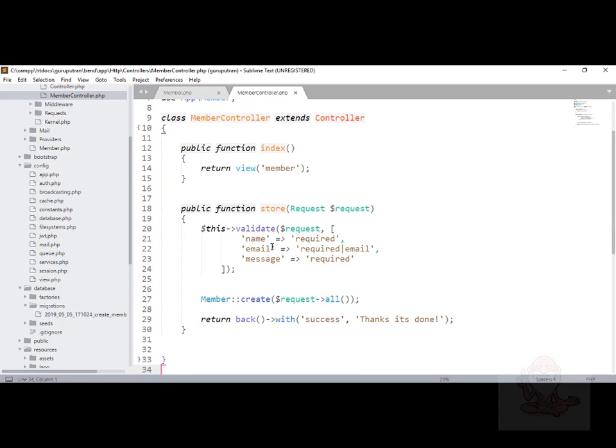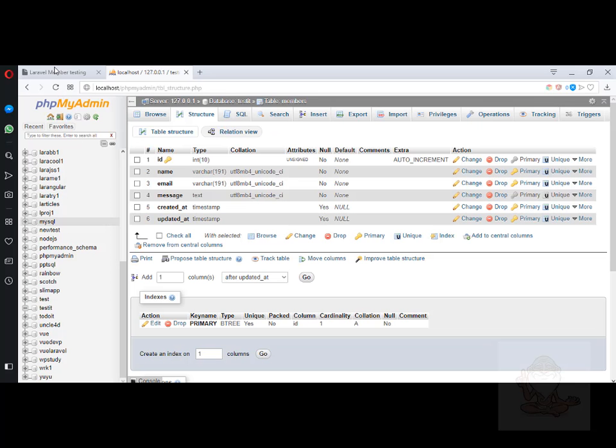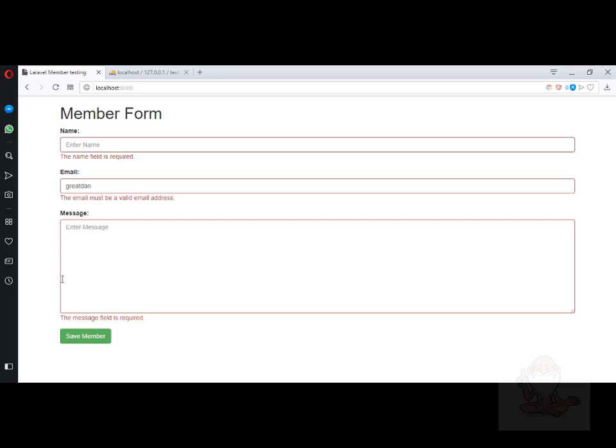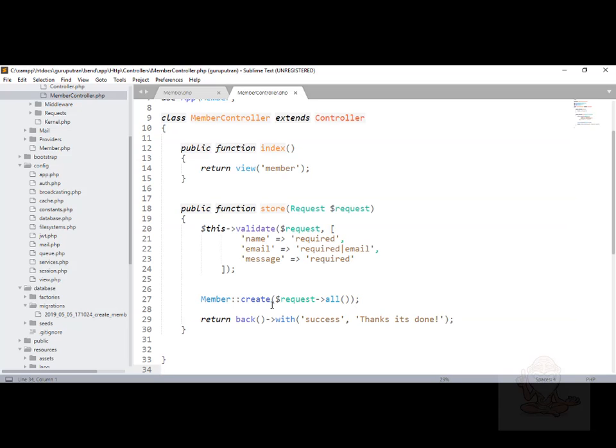It's going to take the input from our form, which is here. Once we submit this form, it's going to be captured in the database through this command, Member::create($request->all()), and then the member is created and we return back success, thanks, it's done. This is the information Laravel gives back to the user.